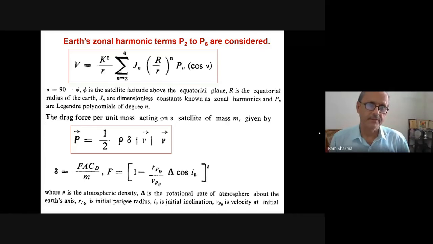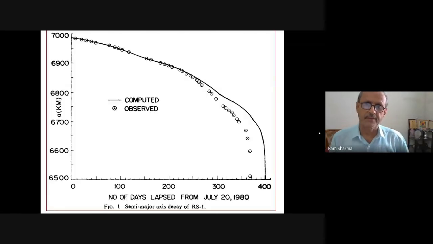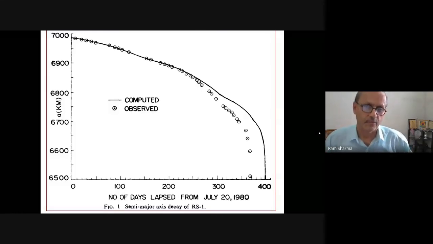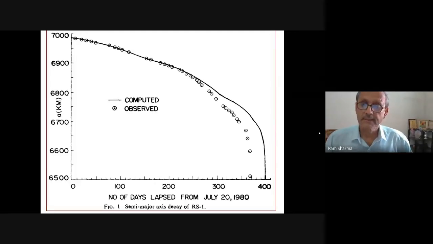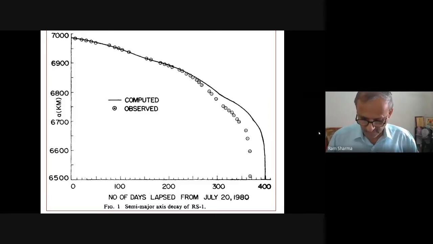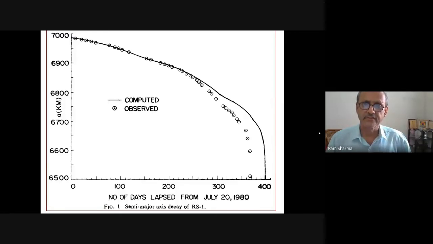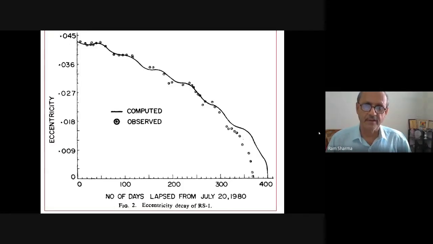So this was the comparison. See, as long as the orbit was elliptic, it was quite okay. But day-to-night density variations matter when the orbit becomes more circular. Sometimes the density at apogee becomes more than at perigee. Supposing the perigee is in the shadow and the apogee is in the sunlight, it can happen, and then our oblate atmosphere doesn't work. I wanted to tell that thing that day. I didn't tell you because it was not there, so I thought I would just tell you this. Similarly, here also it happened.